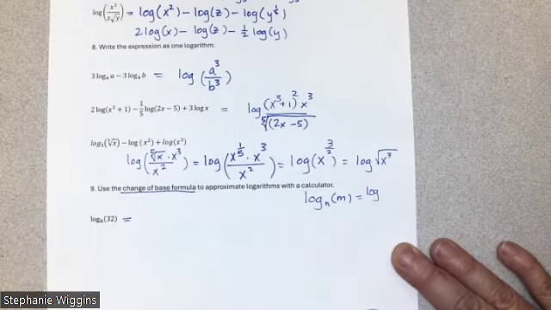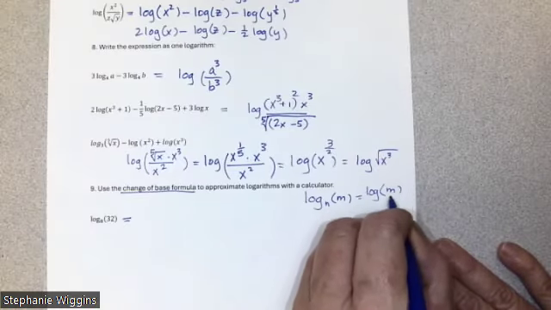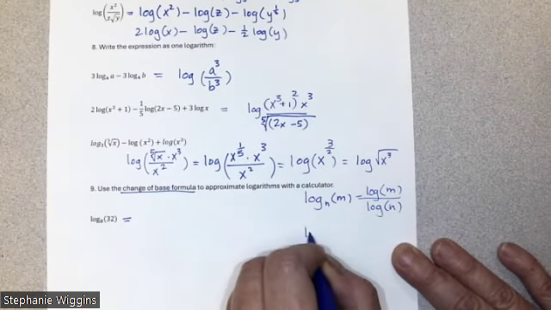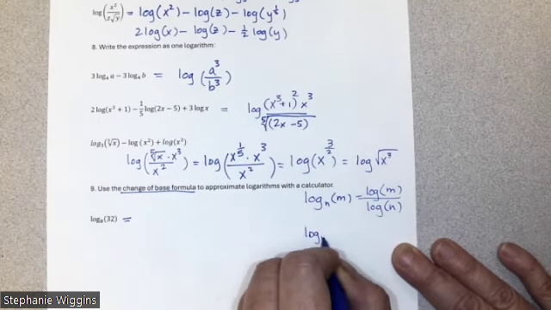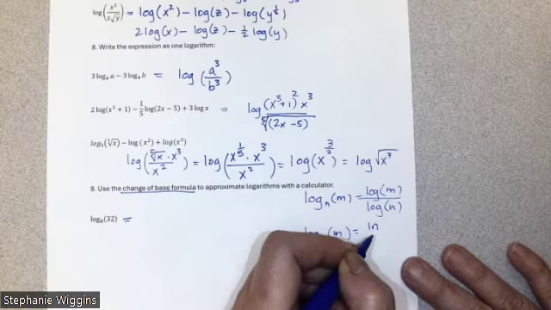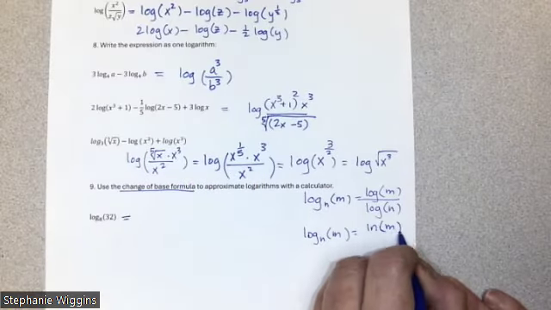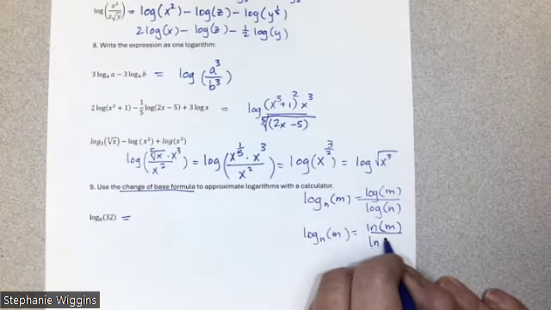Your calculator has the common log in it, or you could use the natural log. Really, you can use any log, but these are the two that are in your calculator. So you should use either the common log